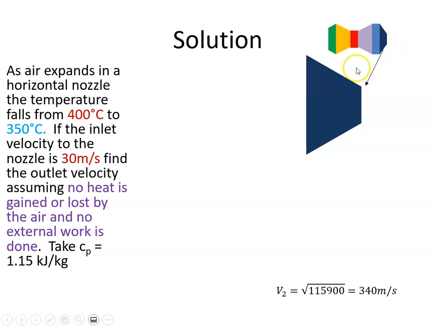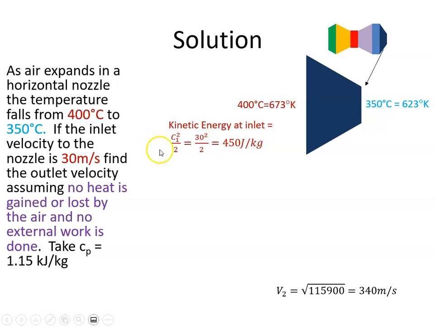Okay, so this is our nozzle, and some of the pertinent information. Then we have the inlet temperature, 400 degrees Celsius, and it's just good practice to convert that to Kelvin. So we add on 273 degrees, that gives me 673 degrees Kelvin, and the outlet is 350 degrees Celsius, so again, add on 273 gives me 623 degrees Kelvin. The inlet has a velocity of 30 meters per second. We can work out the specific kinetic energy there, and we are asked to find the outlet